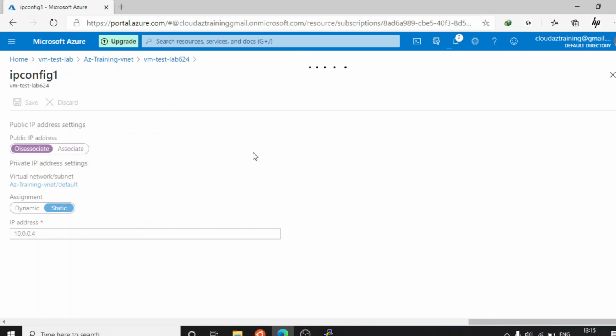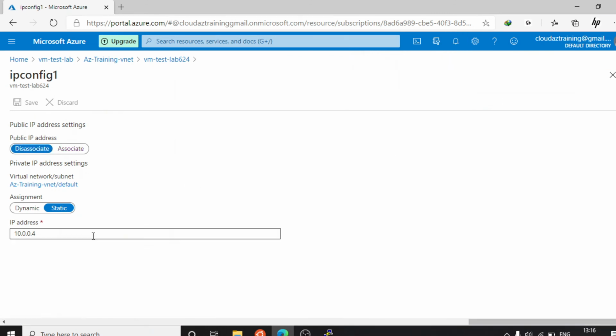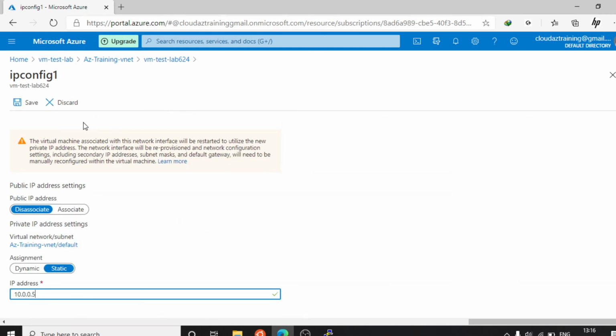For that, just wait one minute after this operation and I will show you. It takes a little bit of time. Okay, done. Here you can change the IP also. Suppose 4 is there, we can put 5 and save it.